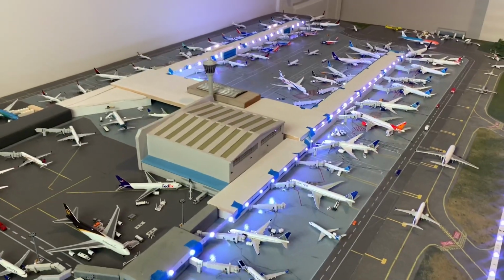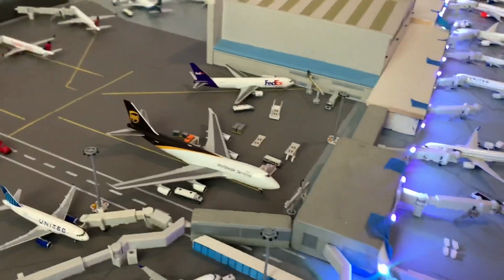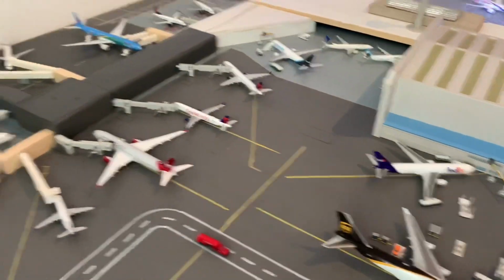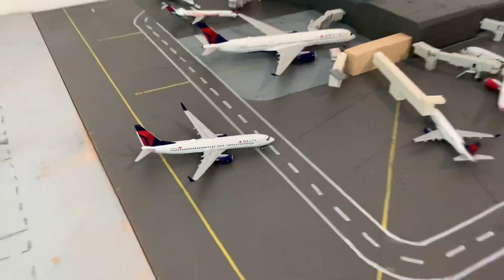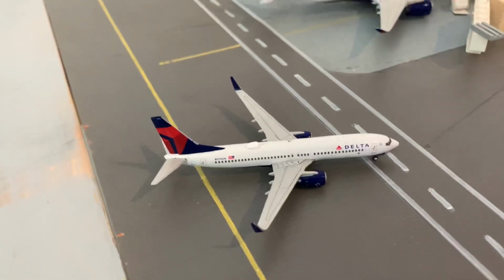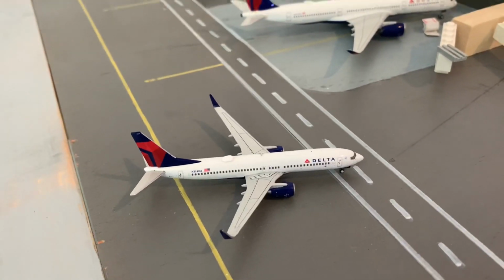Moving on to the main terminal here, beautiful lineup of the Uniteds here. We'll get to those. This is a big bank for all the Caribbean flights coming in and stuff. But yeah, we'll start off with the Delta. They do have a hub here, not as big. I wanted to make United the main focus. But we got a 737-800 here. This is also really close to Atlanta, so Delta doesn't need as much of a big hub. But 800 here, pulling into the gate